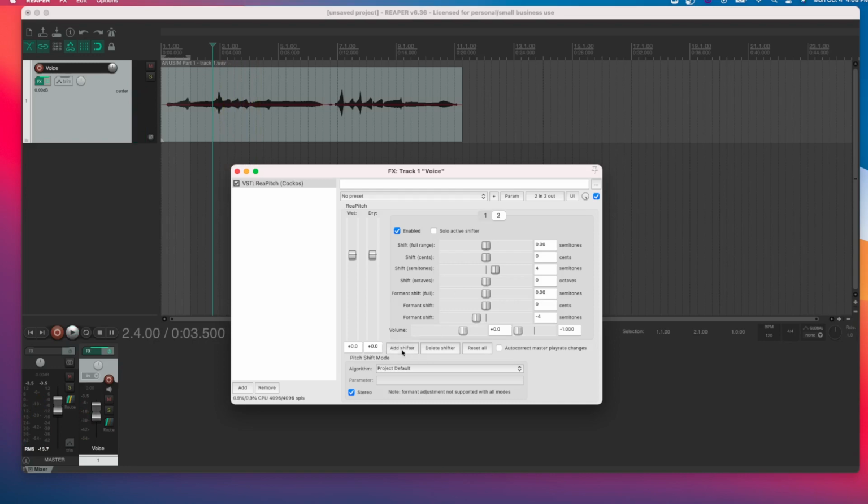And then what we could do is we could add a shifter. And now, just like we did with the delay, it created a duplicate. So now this isn't doing much else other than just adding more volume. And then we can now shift it to the right, and then instead of doing 4 semitones, we will do 7, which is a perfect fifth, and we will compensate with the formant shift in the opposite direction. Okay, so now we should get a triad every time.